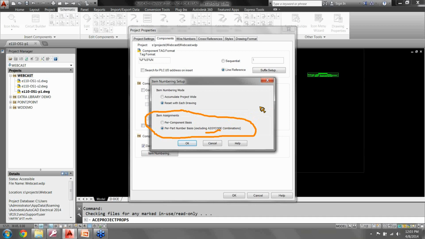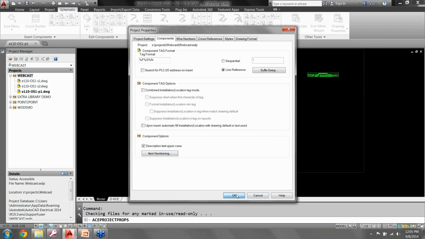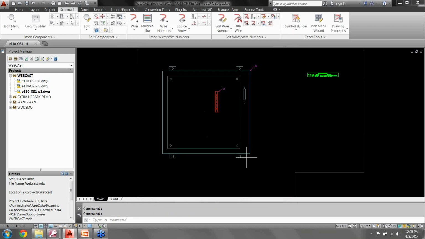You can mix and match the two with the per part number by doing that, but you'll get some different results in your bill of materials. So the assembly code method will only work with the per component basis. That being said, I'm going to come back in here, and the first method we're going to look at is